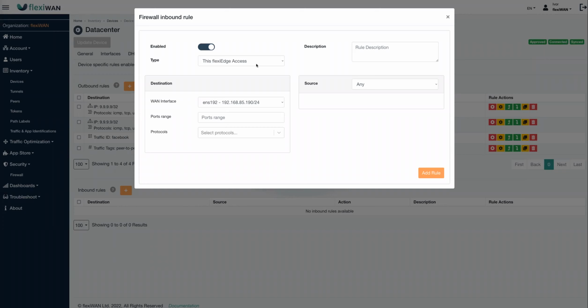Under type, you decide which kind of firewall rule type you want to use. This FlexiEdge access type is focused on traffic that arrives at the edge itself. So if you want to allow SSH access to the FlexiEdge itself, or access to the FlexiEdge UI, this is the type that you use. So for example, in here, we want to allow SSH, and you can type SSH,